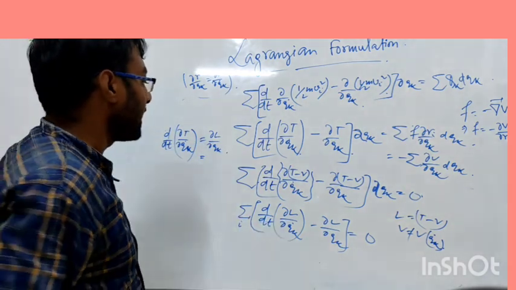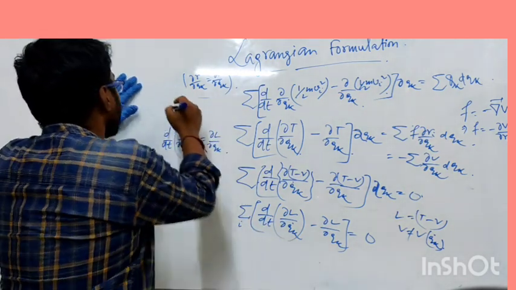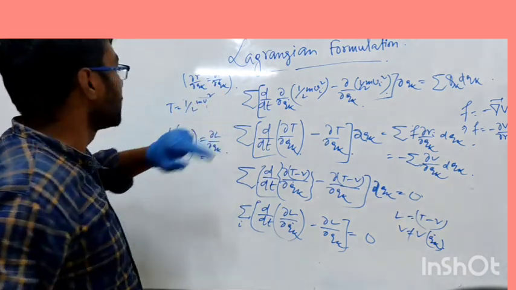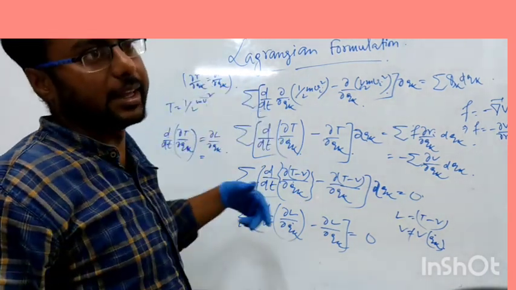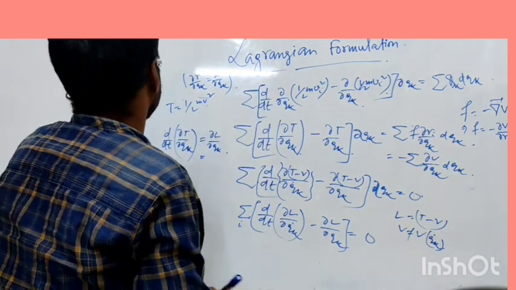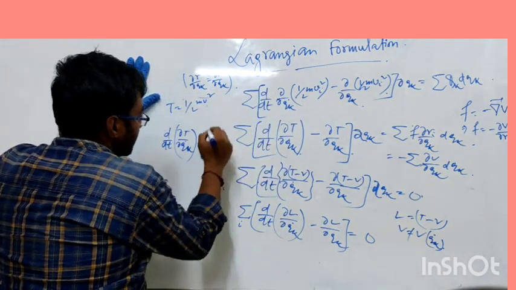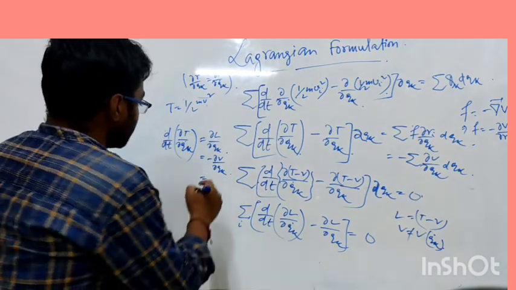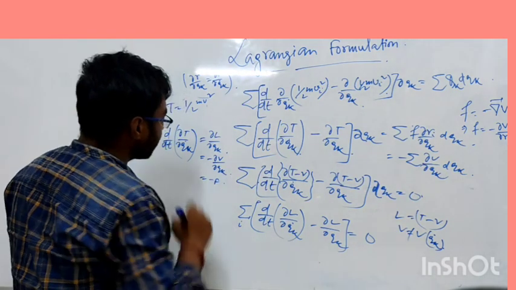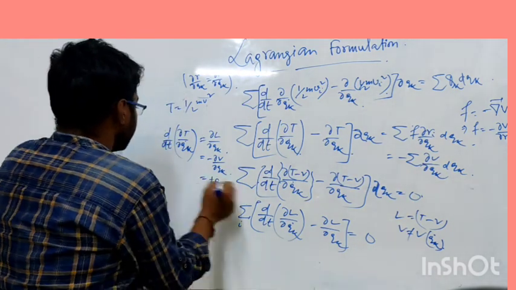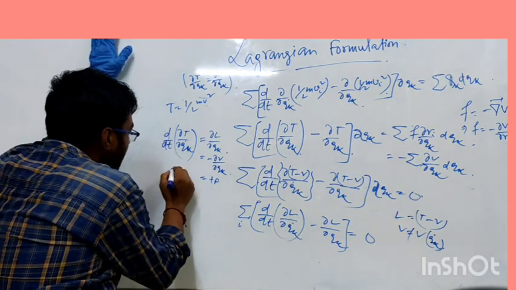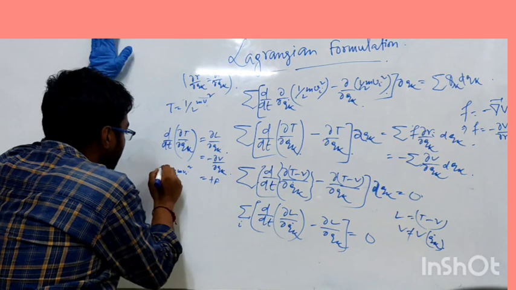We know that the kinetic energy equals half m v square, so it depends on velocity, but it does not depend on the generalized coordinate. So